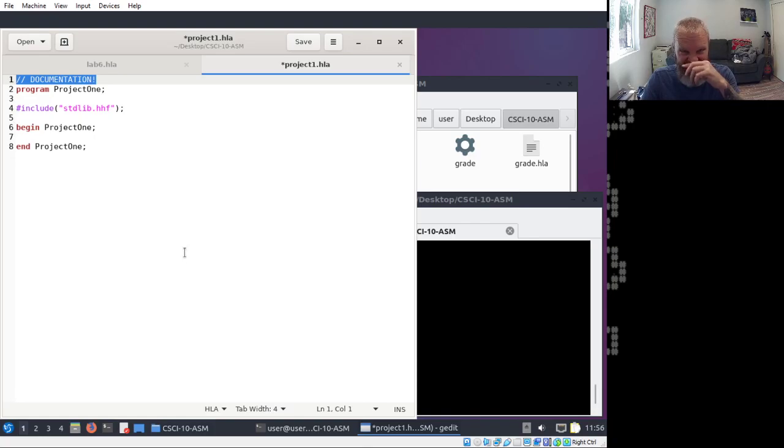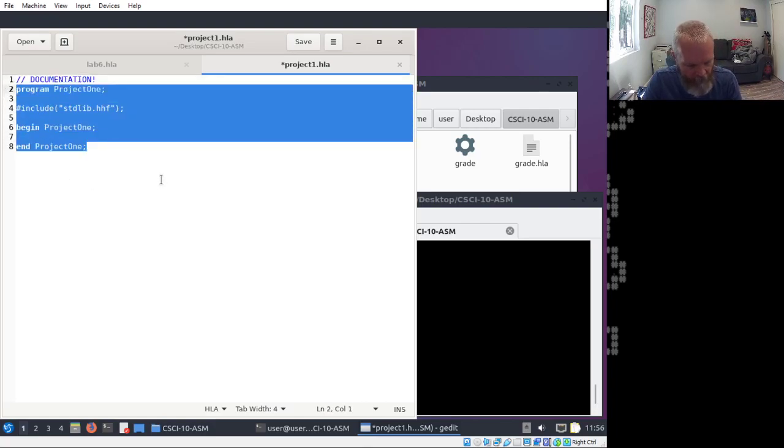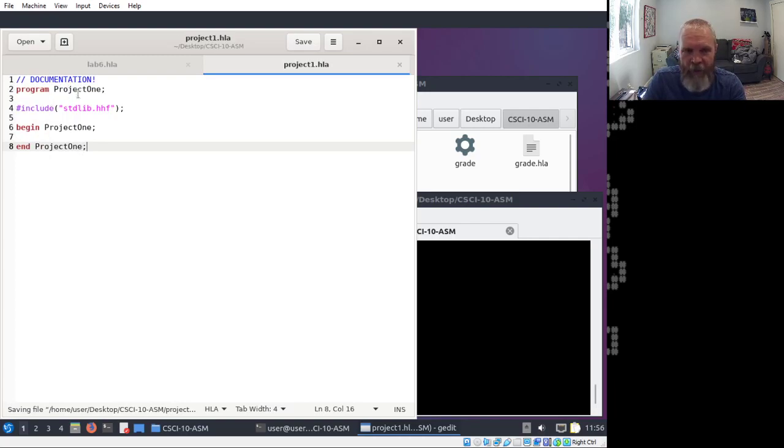So when I was saying the documentation part, I'm not putting it because I don't want to fill my screen. I want you to focus on the code part. So here's my setup. Just like the labs, it's no different in that respect, of course. So things to consider.